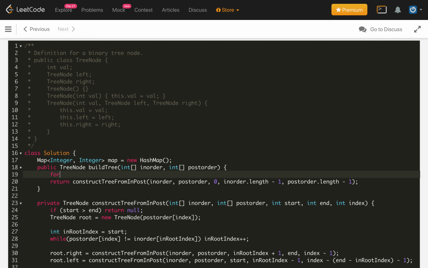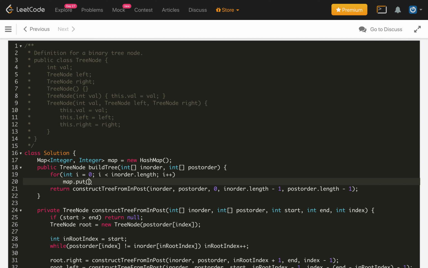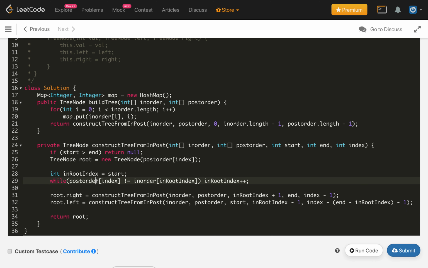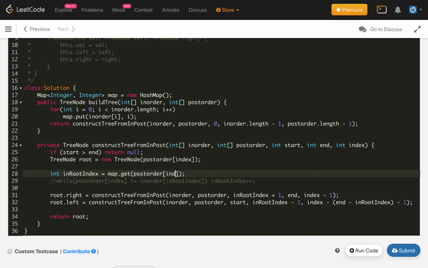Here, for int i equals 0, i less than inorder.length, i plus plus, map.put(inorder[i], i). Once we build this hash map, instead of searching with the loop, we just get the index from our map, map.get(postorder[index value]). This will be O of 1.